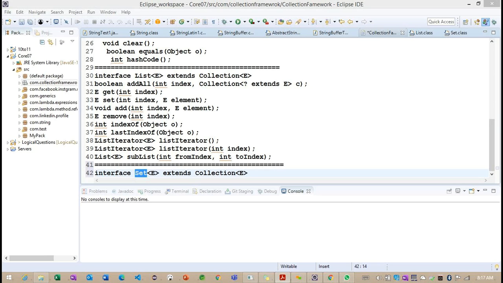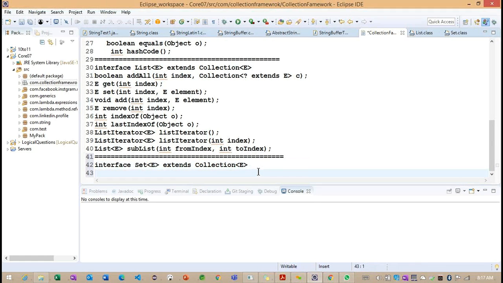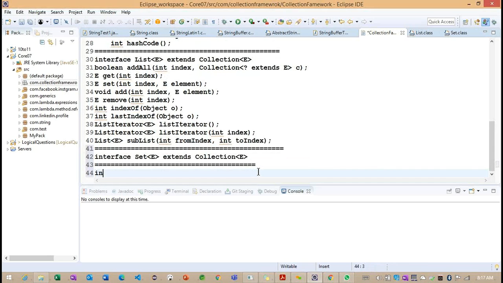And we'll see how each and every method is implemented. So this is all about the Set interface, and the Set interface does not have any methods. One more interface we need to discuss is called SortedSet.